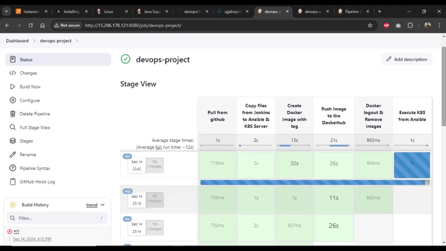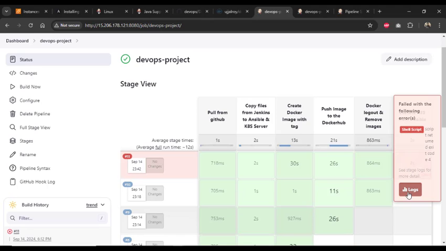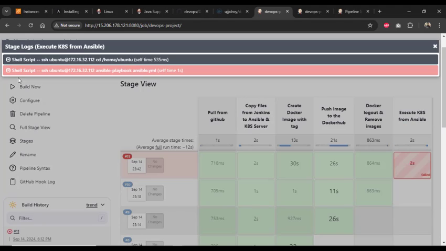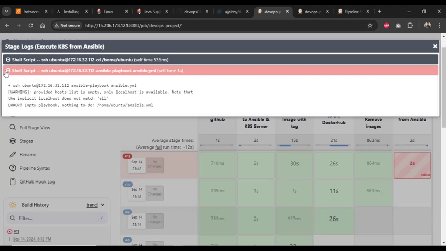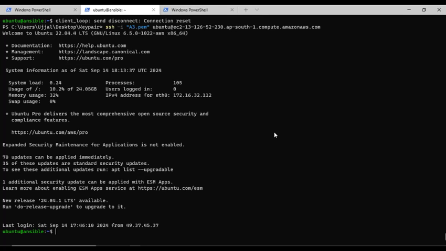So this one is the new stage. Okay, we receive one error here. So what is the error? It is showing provided host list is empty. Okay, so now it is giving the error because we have not informed the Ansible for that